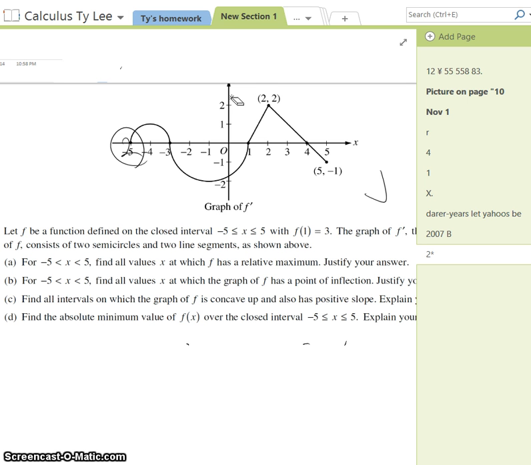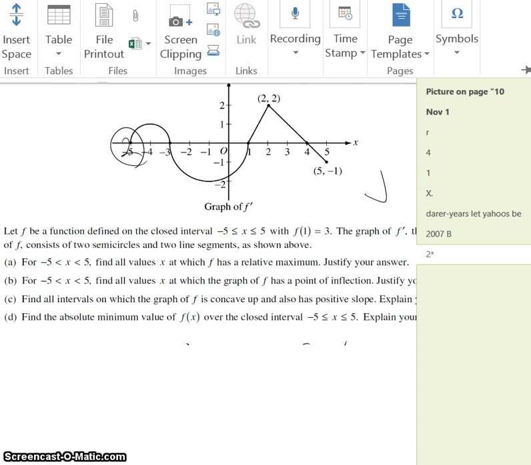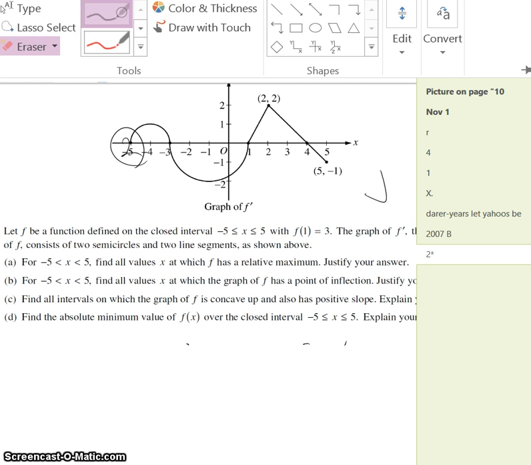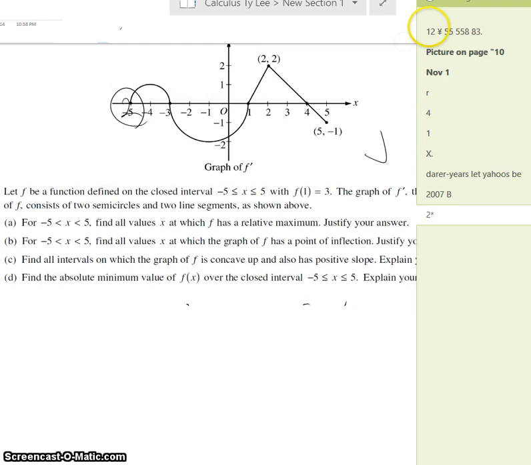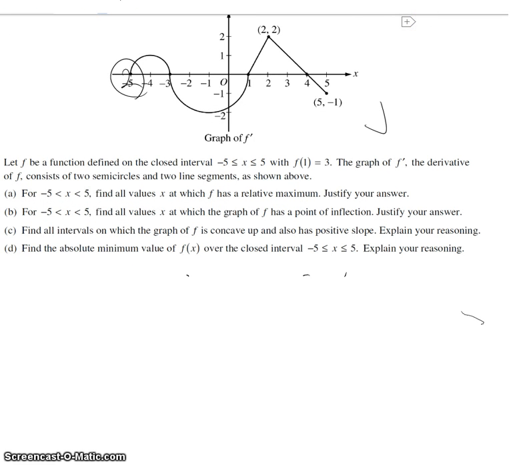And this is always a derivative's graph, not the actual graph. So you have to actually think about the graph as an integral of this graph. By the way, part A is asking me to find the values of x at which f has a relative maximum,